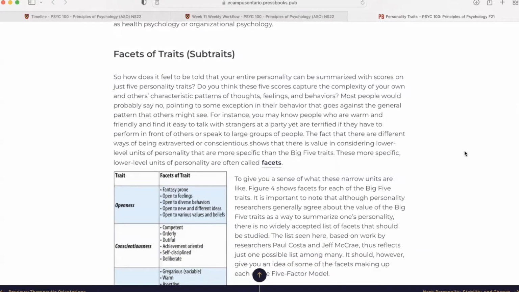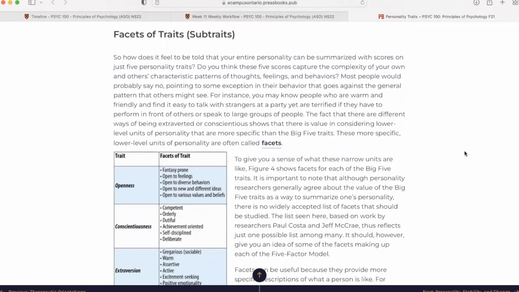Facets of traits, subtraits. So, how does it feel to be told that your entire personality can be summarized with scores on just 5 personality traits? Do you think these 5 scores capture the complexity of your own and others' characteristic patterns of thoughts, feelings, and behaviors? Most people would probably say no, pointing to some exception in their behavior that goes against the general pattern